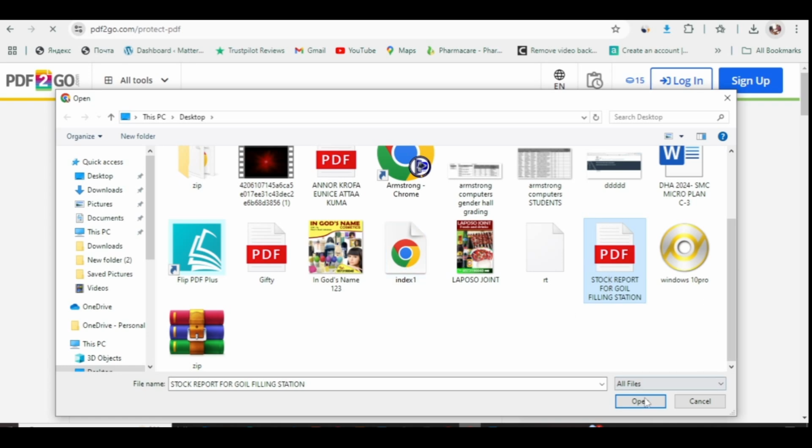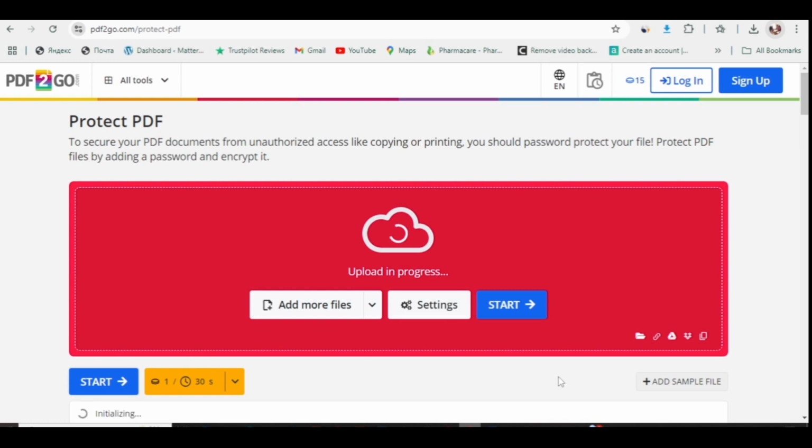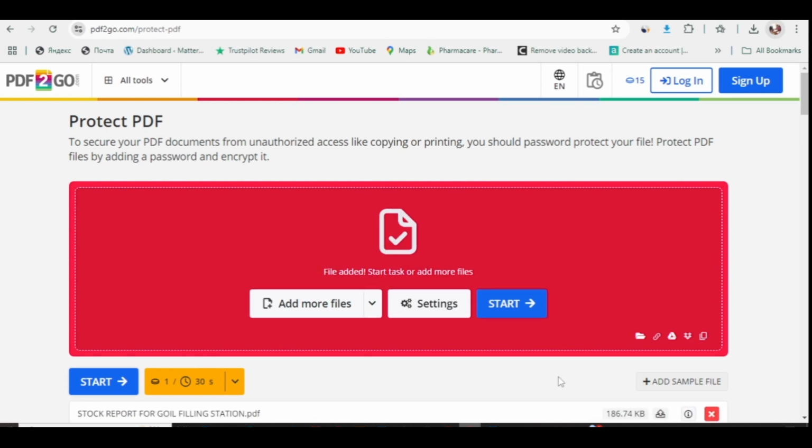Armstrong computers, we're leading the way, bringing ICT to your doorstep every day, where vision meets excellence, we stand strong,